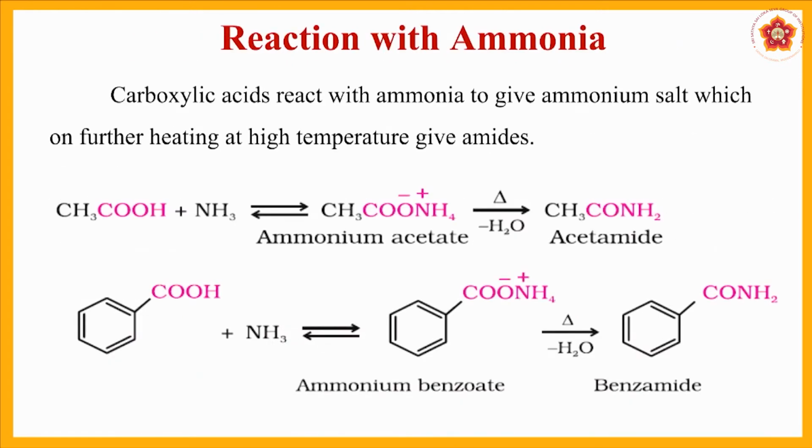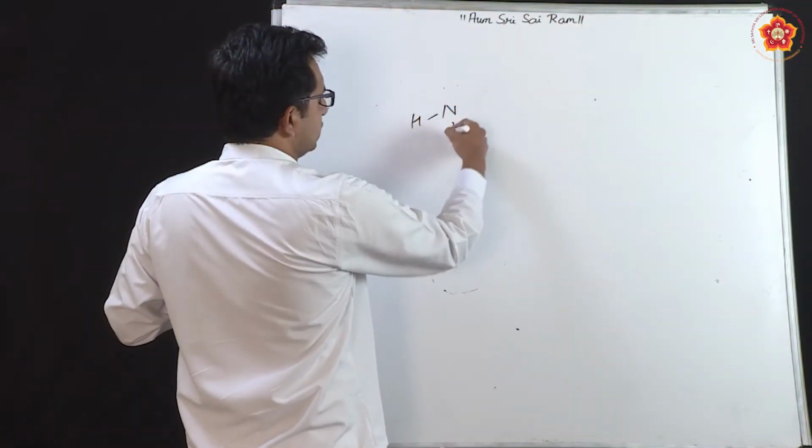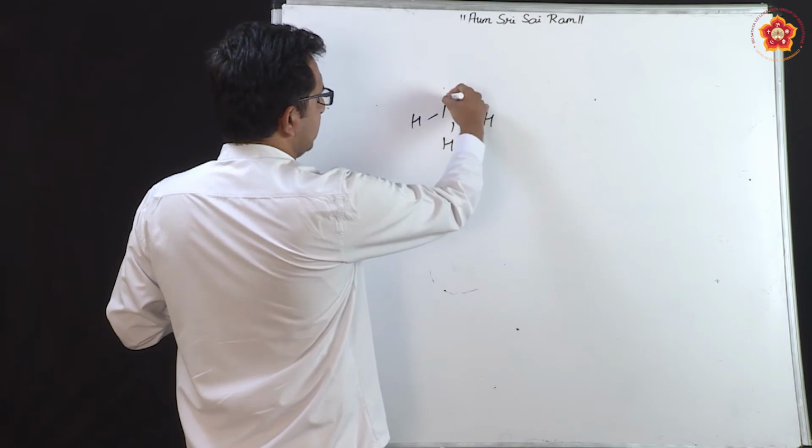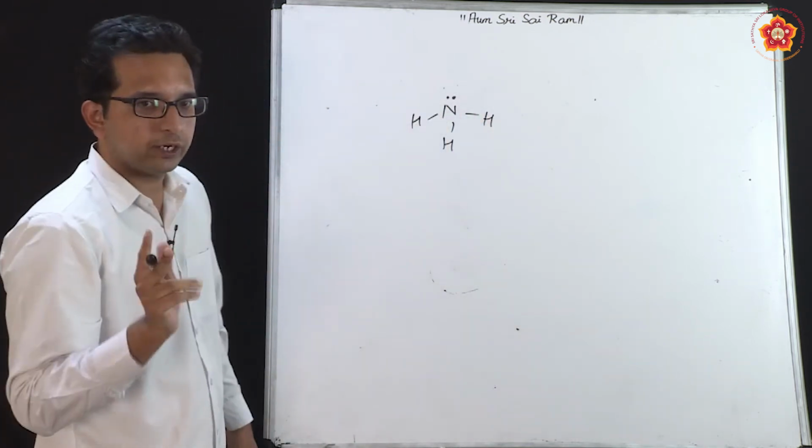Similarly, moving on, reaction with ammonia. Now, ammonia is a base. This ammonia as a base factor we have seen in various concepts of first year, especially chemical bonding, where if I write the ammonia structure, this is NH3 and then a lone pair of electrons, one pair, that is in total 2 electrons.